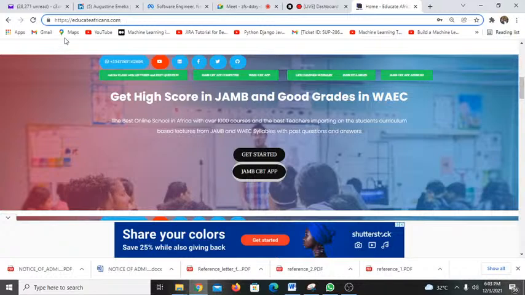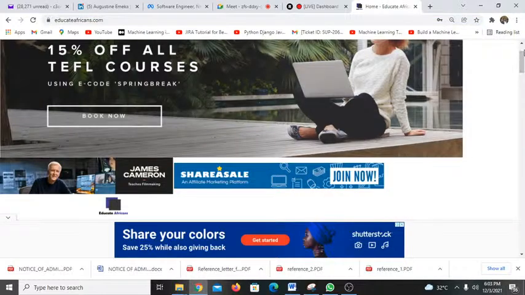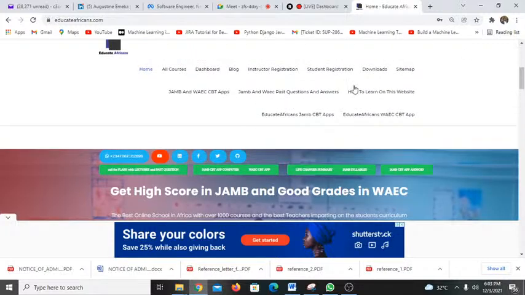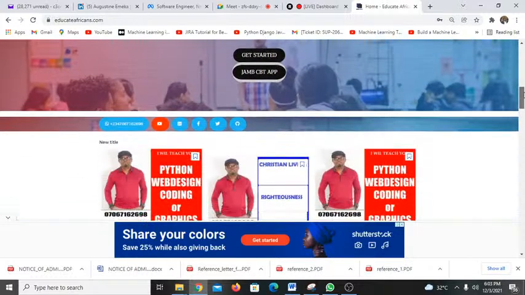Just get to educateafricans.com, then you're going to see a space for student registration. Once you scroll, you will see register as a student. You can see it here. Click on it, fill in your details so that you can be logging in. You'll be seeing your assignments and everything there.